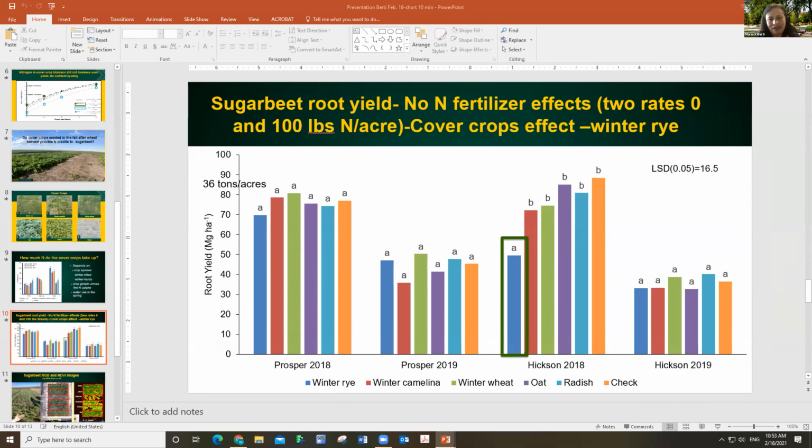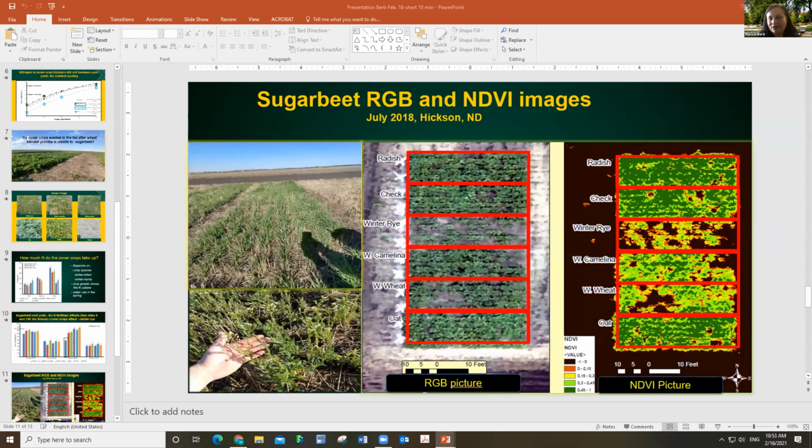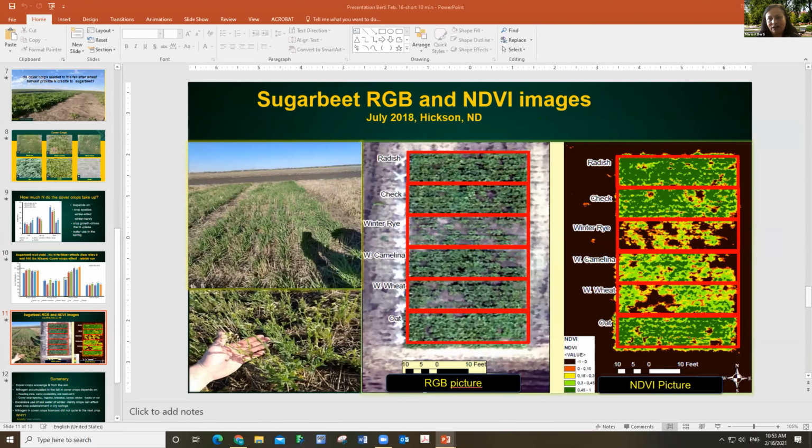But we did see in some environments, some of the winter crops had a reduction in yield, and in some of the data I presented, some of the winter rye had a negative effect. And this happened because in that spring, we actually had a dry spring, and these winter crops took too much water, and so we had problems with establishment, which resulted in lower sugar beet yield and also lower sugar, total sugar,